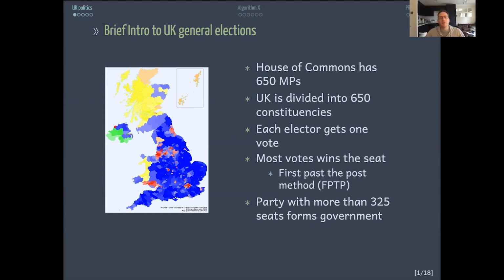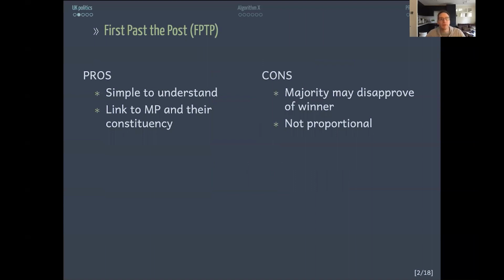Now, basically, the UK doesn't vote directly for the Prime Minister. They tend to vote for a political party, and whoever leads that party then ends up becoming Prime Minister as well. Now, as with most voting systems, there are some pros and cons to it. The advantage is that it's very simple to understand. If you get more votes than anybody else, you get to become the member of